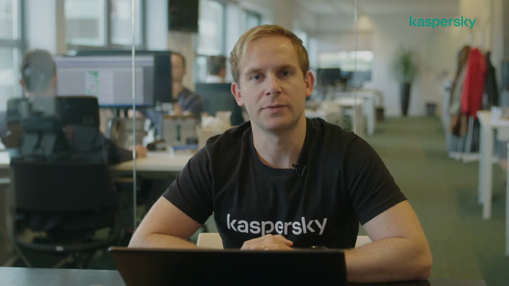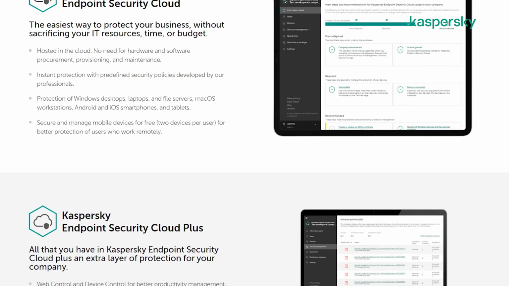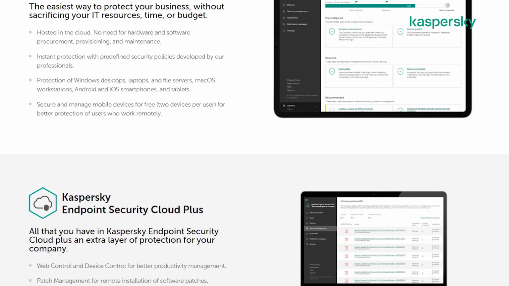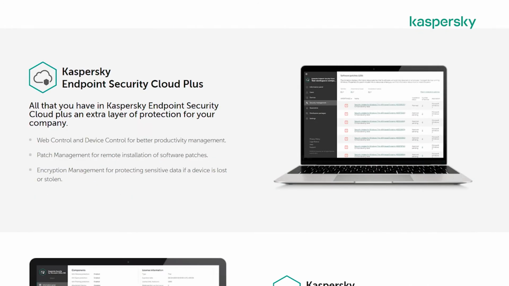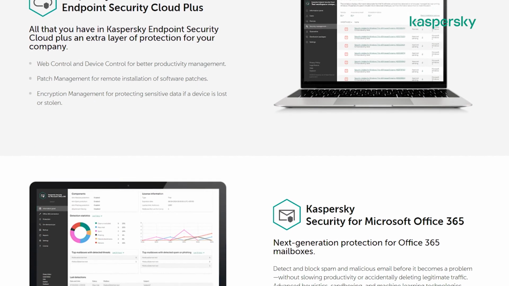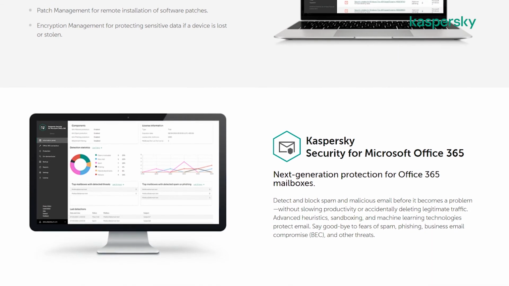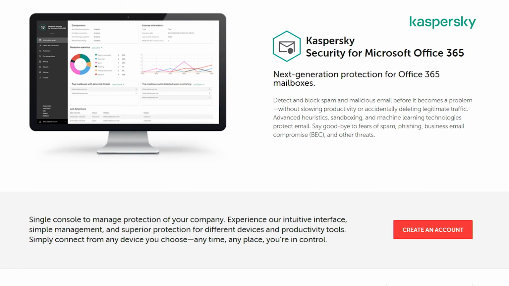Endpoint Security Cloud comes in two licensing types, Cloud and Cloud Plus, and this gives MSPs the ability to utilise different functionality within the product specific to what the customer's requirements are, whether that is things like threat detection and prevention, hardening, patch management, and encryption. So in this set of videos, we'll show you how to create a multi-tenancy environment and